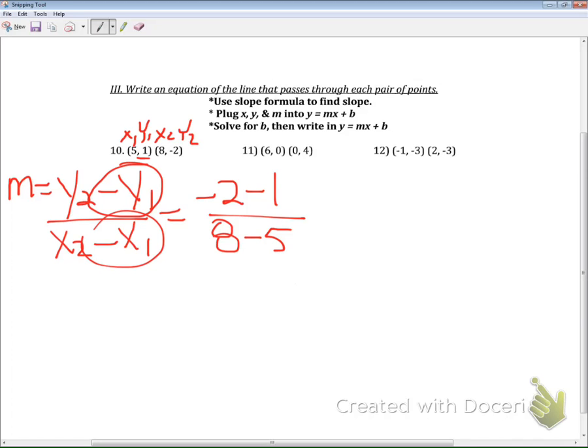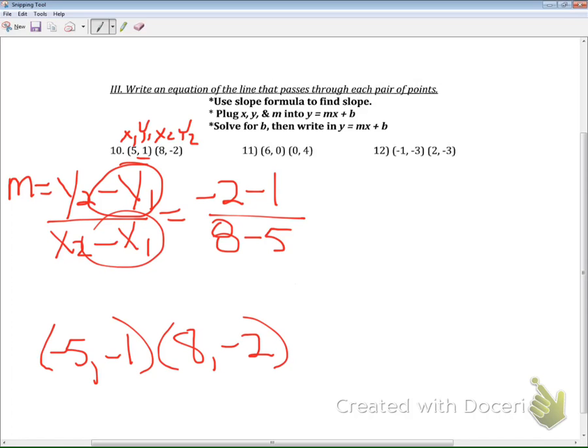I've got another method of solving for slope that doesn't even involve using or looking at this formula. Let me rewrite our 2 points. And with my method, the first thing you need to do is just change the signs, little trick, change the signs of the first point right at the beginning. So instead of writing +5, write -5, -1. So I changed the signs of just the first point. Copy down the second point, 8,